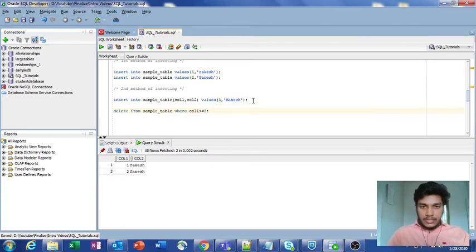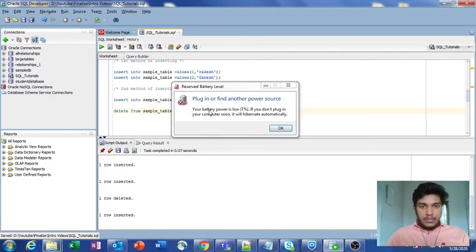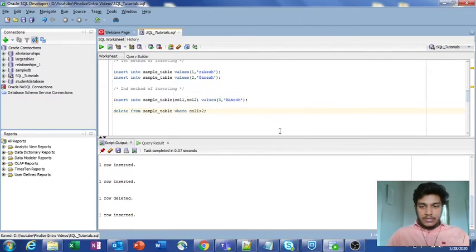So I want to enter this Mahesh again. Now one row is inserted. Now if I specify greater than 2, then greater than 2 means it is only 3. If you specify that the column 1 value is greater than 2, then we have column 1 values as 1, 2, 3, so greater than 2 means we have only one record, that is 3. A column 1 value having 3, so it will delete that record.